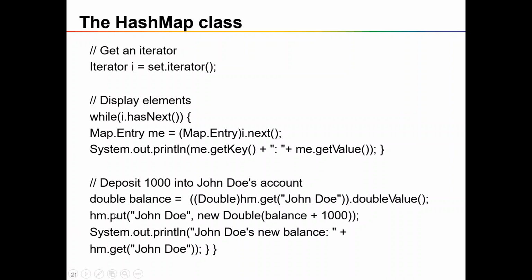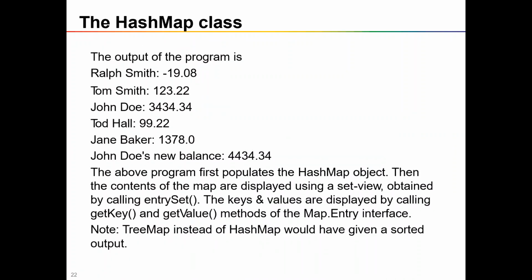And I'm going to change the balance. So I'm going to insert the same key with a different value. I'm adding the same key with a value, incrementing it by 1,000. Likewise, you can make a few manipulations inside your hash map with the help of the get and put methods. So this is the corresponding output for the given code.